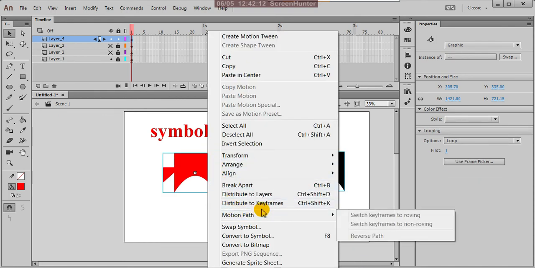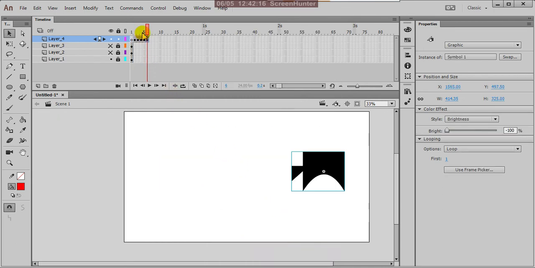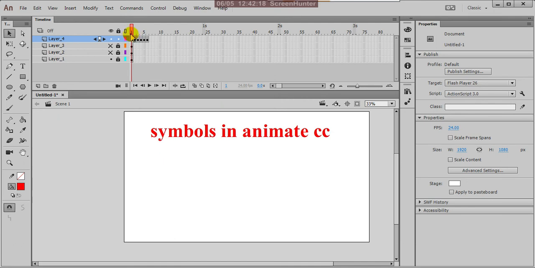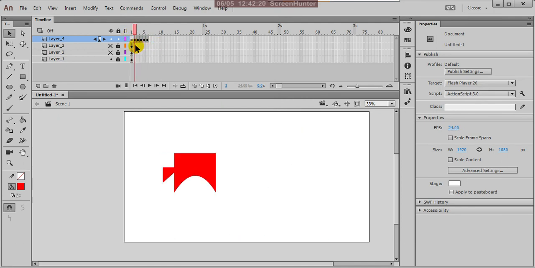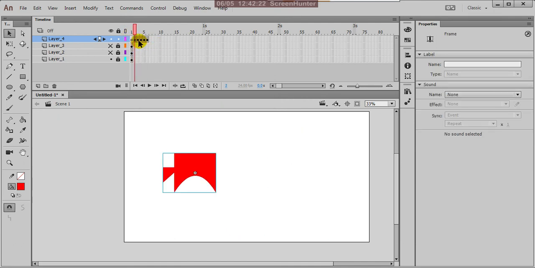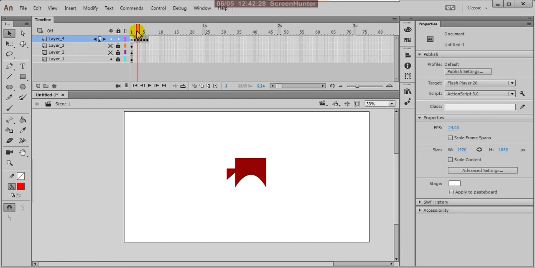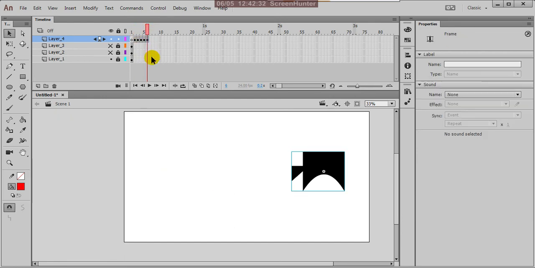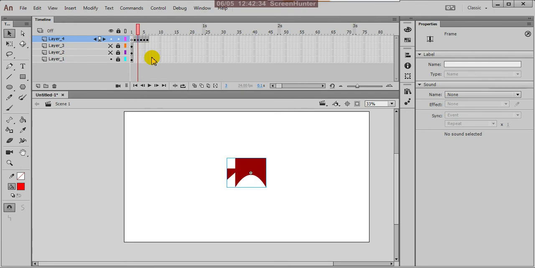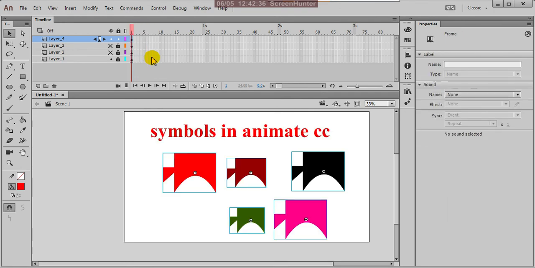and suppose distribute to keyframes. See, all your frames convert into keyframes. Suppose this is 1 and this is 2 and this is 3 and this is 4 and this is 5. So don't forget, I'll explain about keyframes and all later in coming classes.